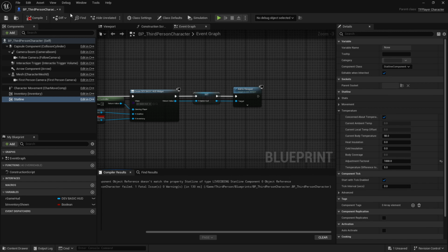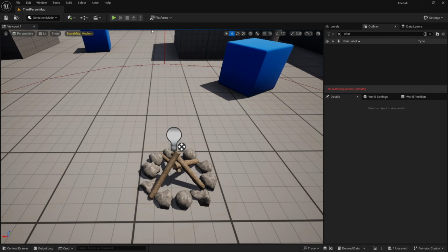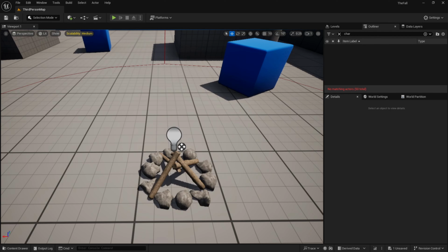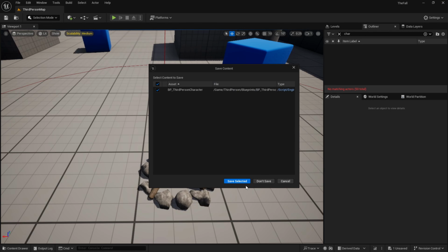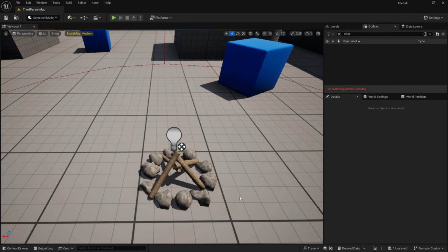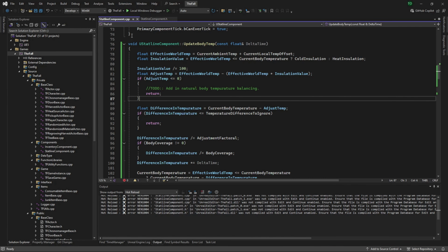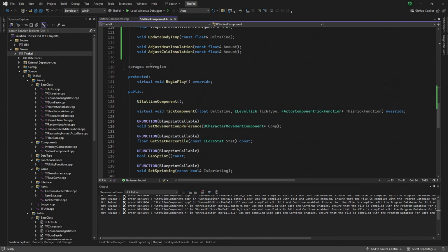Oh, live coding. Oh, that's not going to compile. Yeah, okay. So we can't make that change because we did some live code changes. So we're going to hop out of the editor here. Yeah, we're going to save that. And just quickly as we're hopping out, we're going to add in that extra function I was talking about here. So down here,